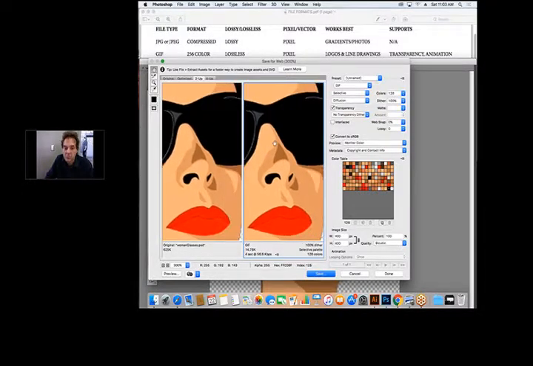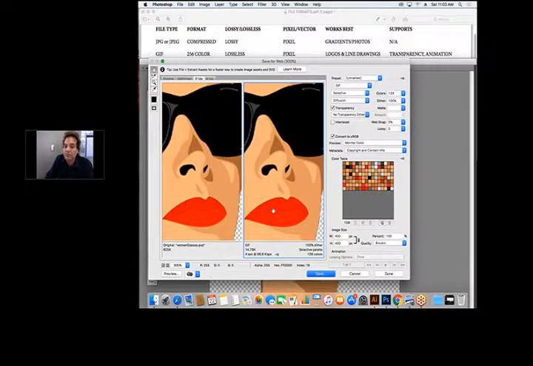The left side shows you what it originally looks like. The right side says this is what it's going to look like on the web. It basically looks pretty much the same. But as I keep knocking down the amount of colors in the upper right side, from 128 now to 64 or to 32, eventually I'm going to remove so many colors